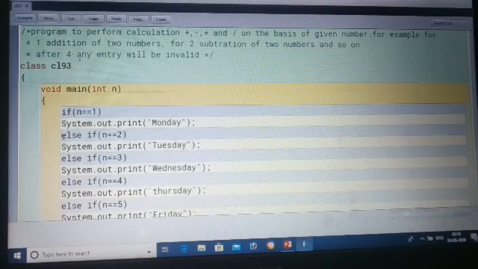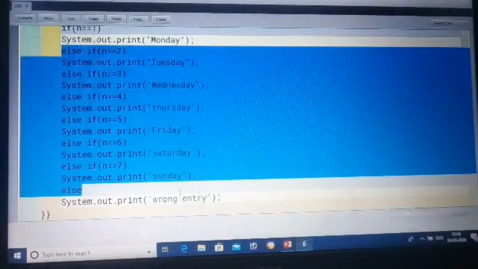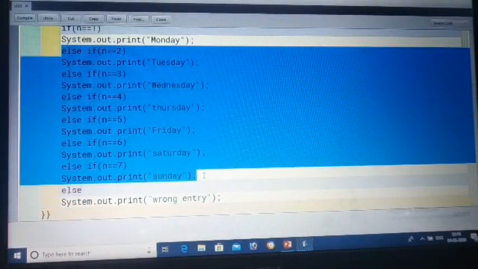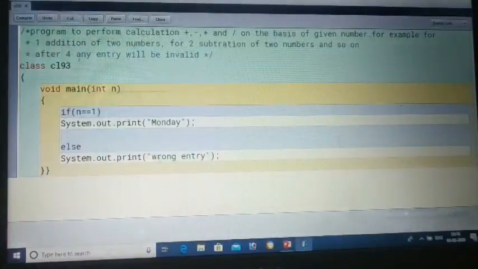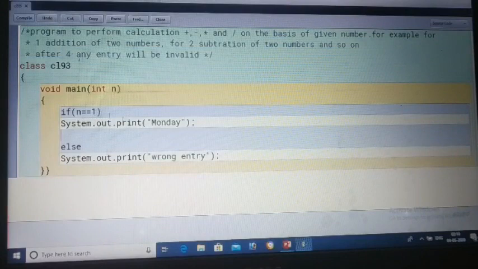So this I am removing. See, according to the program, if the number is exactly equal to 1, what to do? You have to take 2 more values that I have taken here.